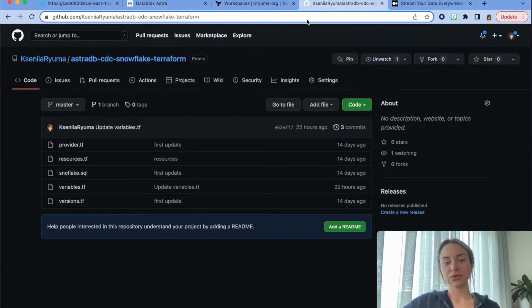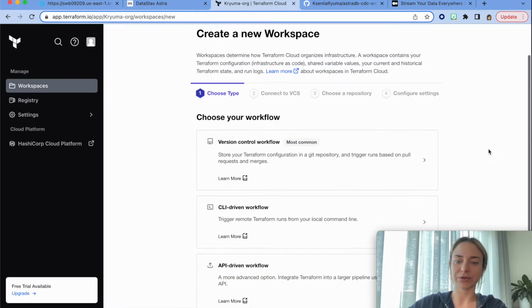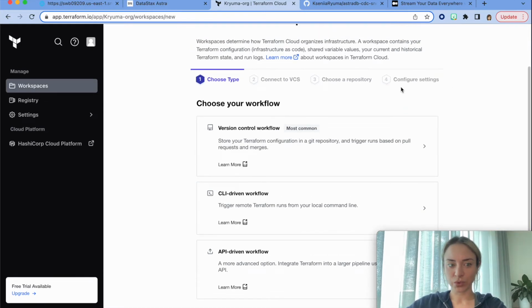So what happens next? Once you fork it, go to your Terraform Cloud. By the way, with Terraform Cloud, I believe you can add up to 5 users and collaborate and work on resources that you provision. Why is Terraform so well known? Because it's meant to provision your infrastructure as code. As you've seen earlier, you can specify all the resources in one file and provision it in just one click. Once you select to create your new workspace, and a workspace is a logical unit to provision infrastructure,